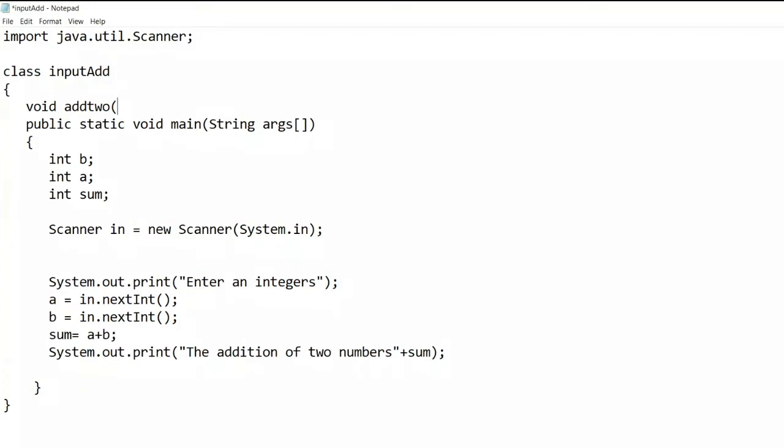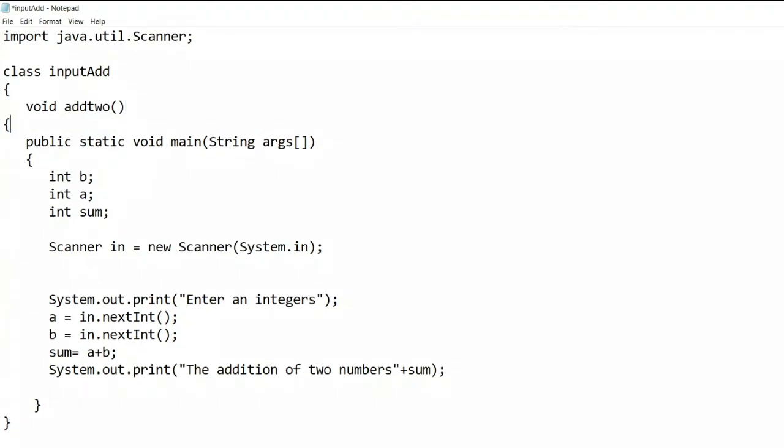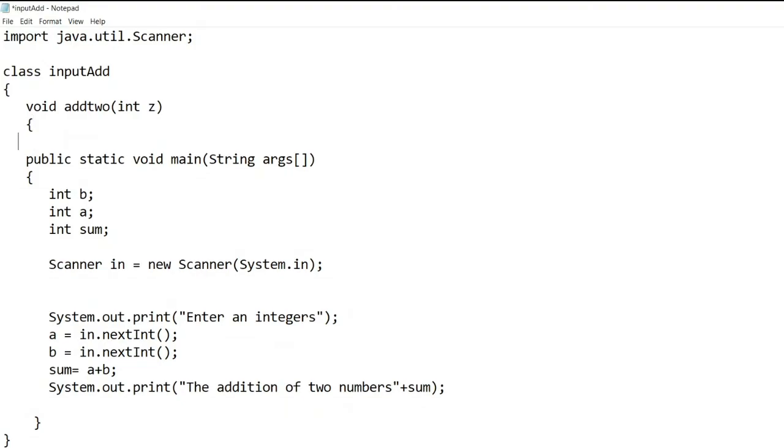Clear? Here I will define int z. Suppose here I will define int x equals 5.